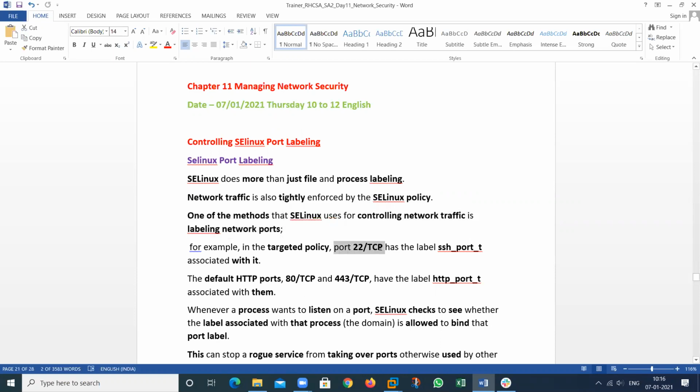Like this is a port. This port is used for the SSH server. So what is the port label for this particular SSH? This is the labeling that can be applied for the SSH functionality: ssh_port_t. This is the port label for SSH. If I want to apply this for the HTTP server, then what is the port label for HTTP? So my HTTP request can be accessed by SELinux. This is the label http_port_t. This is the port label for the HTTP server.